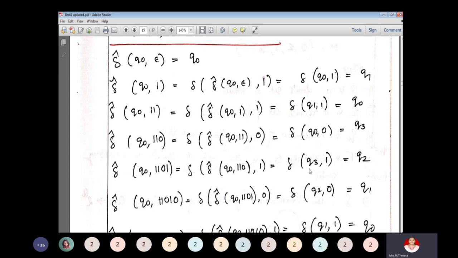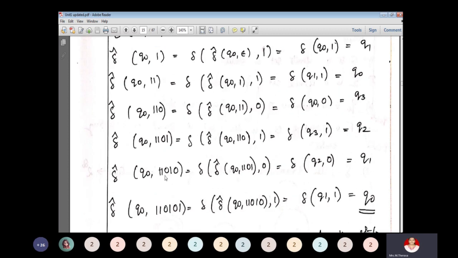So where we are in 110, we are at Q3. After Q3 you have to check for the 1. So Q3 comma 1 is Q2. Next, for 11010, we have to take the previous step, that is 1101 as Q2, and for